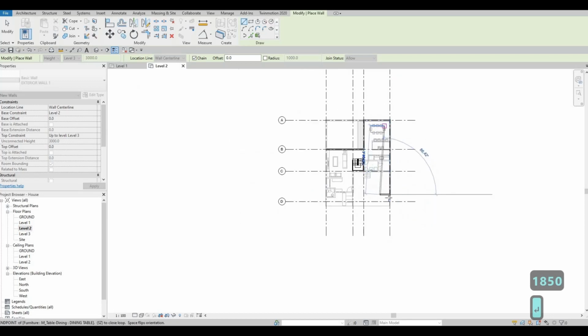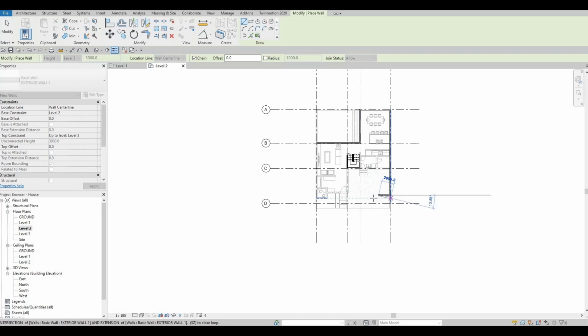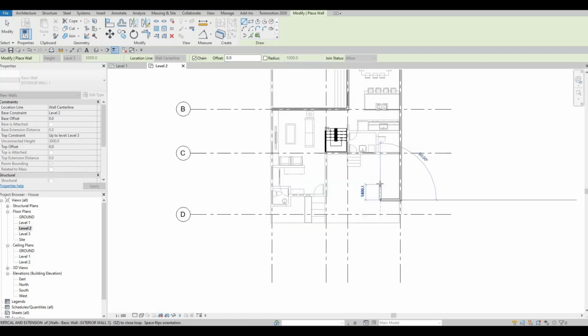So here this is 13,500, and then 1850 to go across here, and then again I want a 1400 going up, and then here